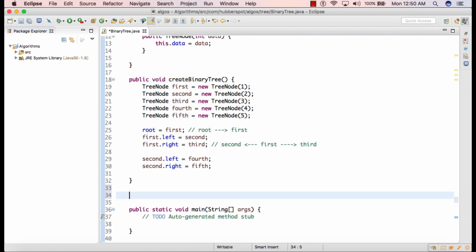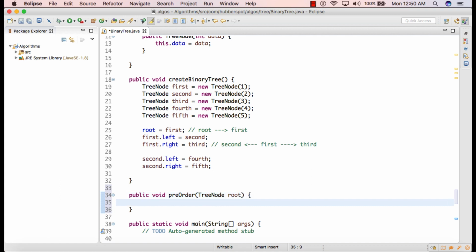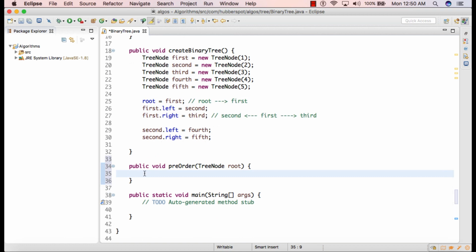Now here let's write the code for pre-order traversal of a binary tree. So public void, we'll give the method name as preOrder. Now this method, as we know, will take in a root which we saw in the slide. And as we are going to call this preOrder method recursively, we'll first provide a base case.